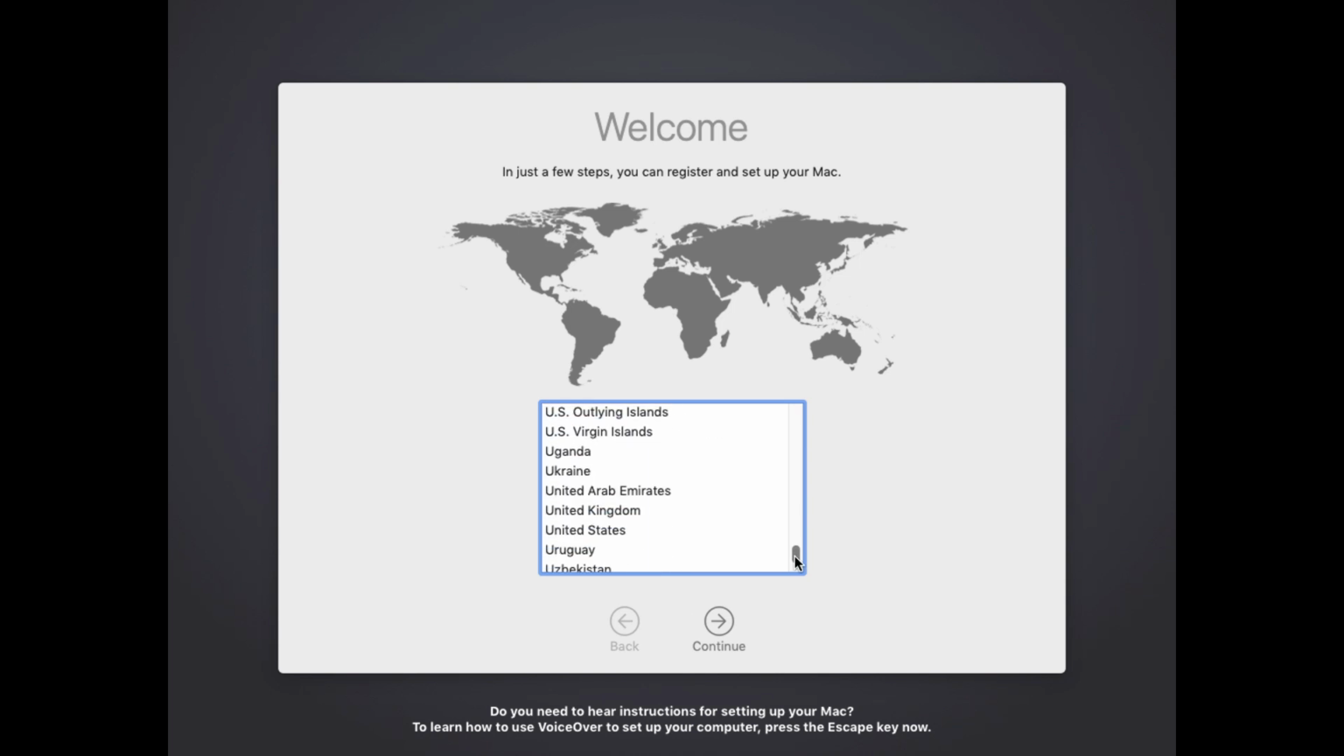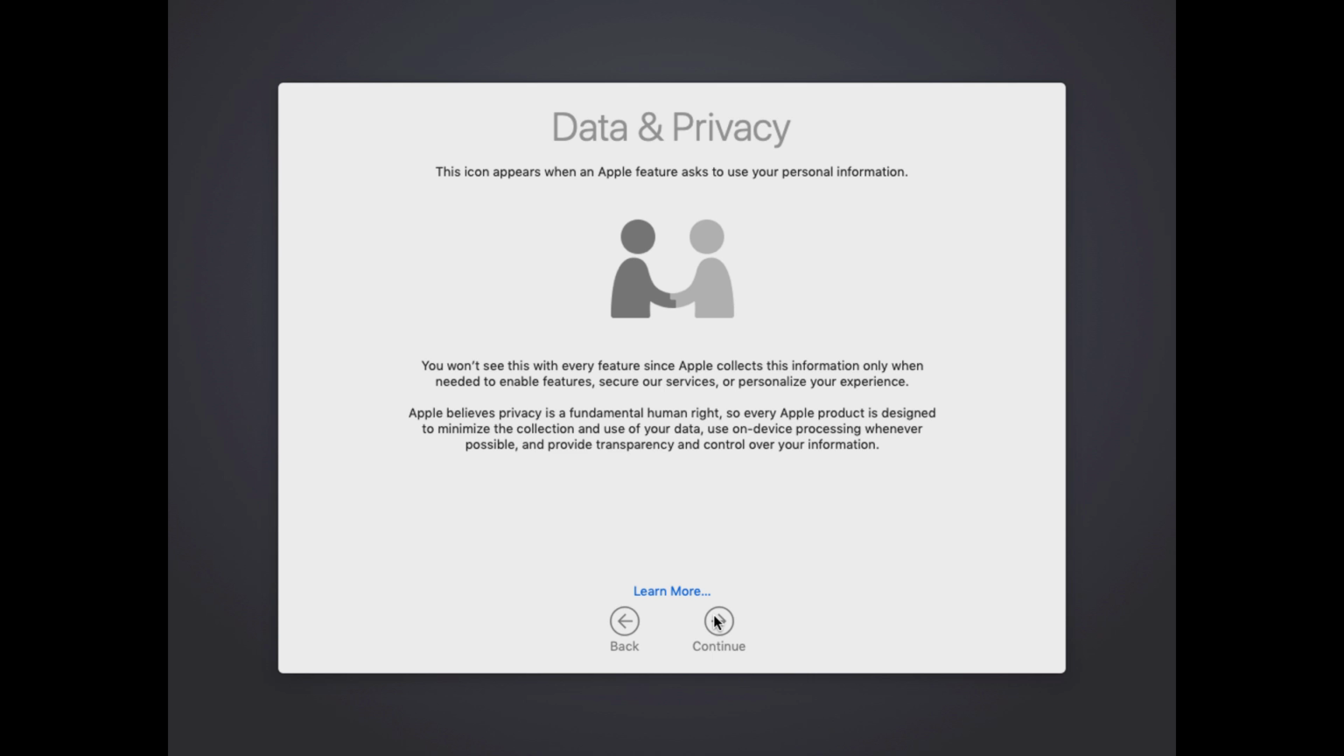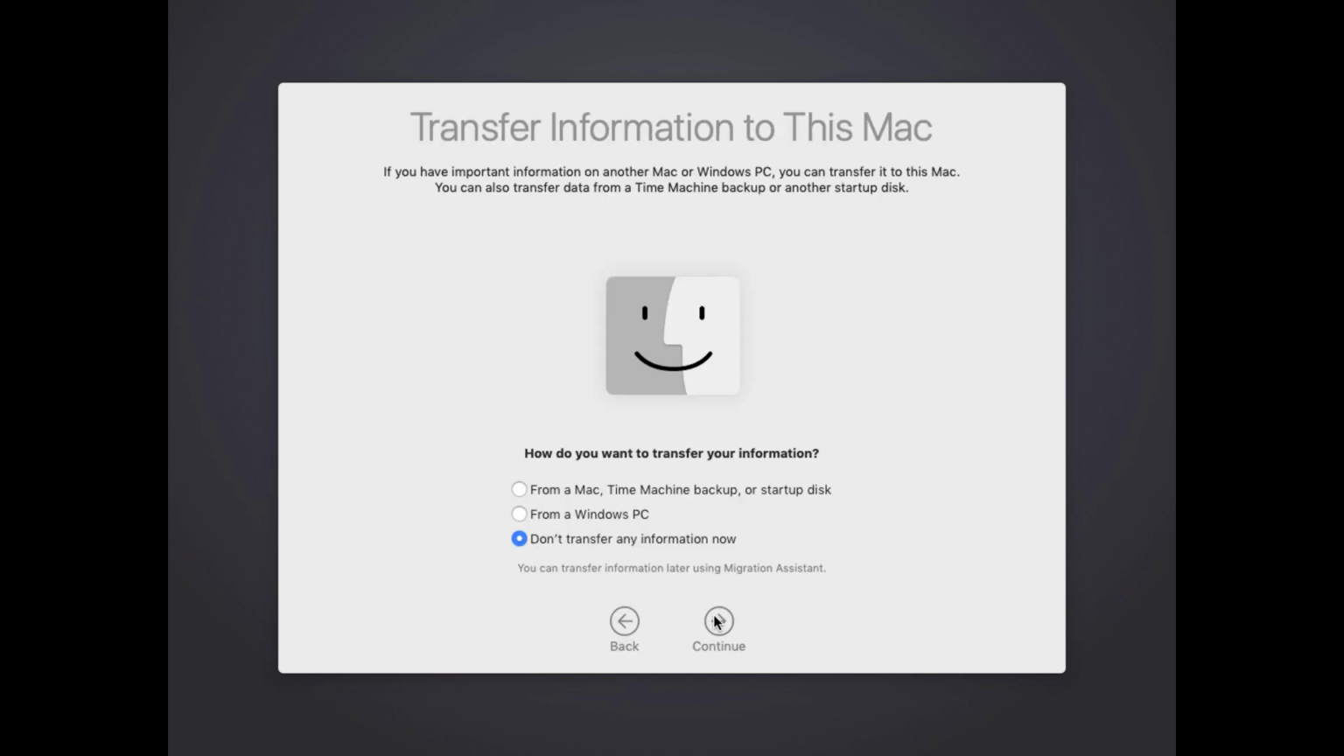The reason for this is because on the next screen you'll see your keyboard layout is all based on the country you select. See? There I go, US. I'm gonna hit continue. Data and privacy. Information about data and privacy, you guys can read this pane. As far as transferring information, I'm not gonna transfer anything right now since I'm not pulling any data from another